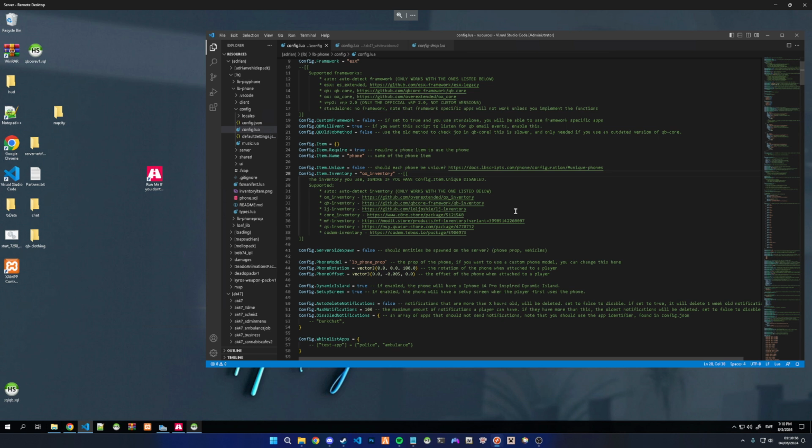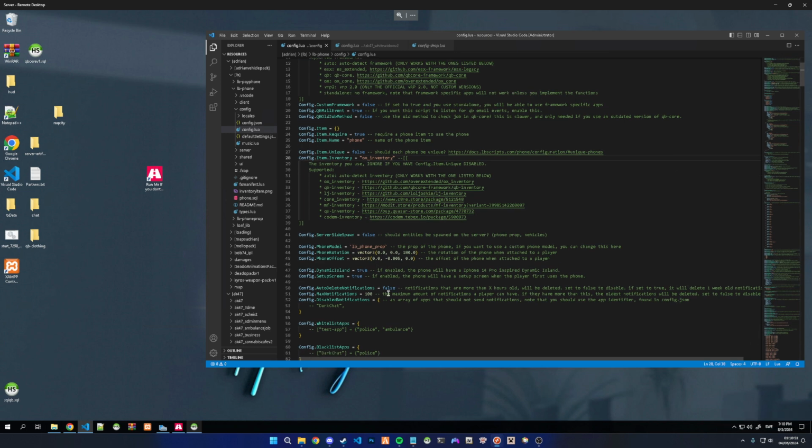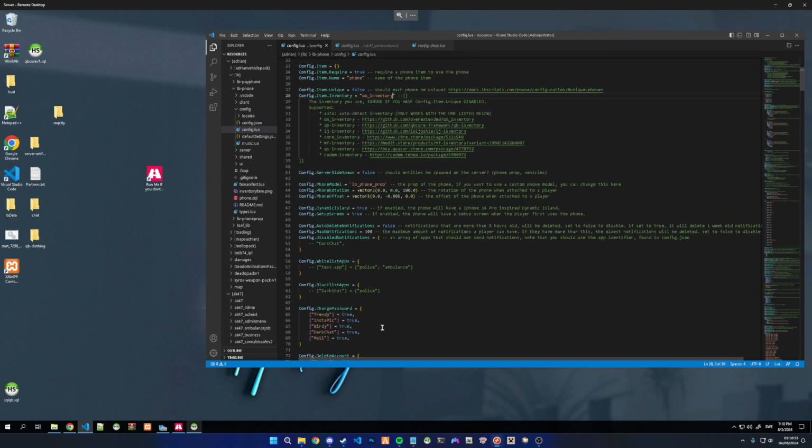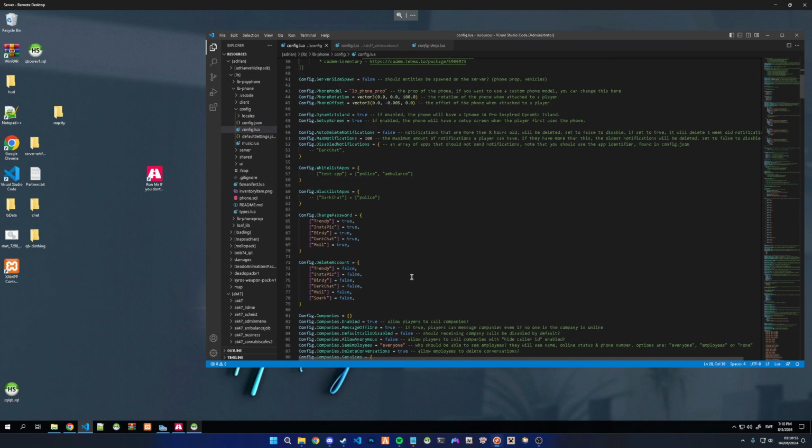And here's, I think this is new, the dynamic island one. It's basically like the little thing at the top of the phone, like a small island. I don't think there's a lot of stuff. Oh yeah, this one. The change password thingy. I read in the Lbphone Discord that this was new, I believe. Let me just read out loud